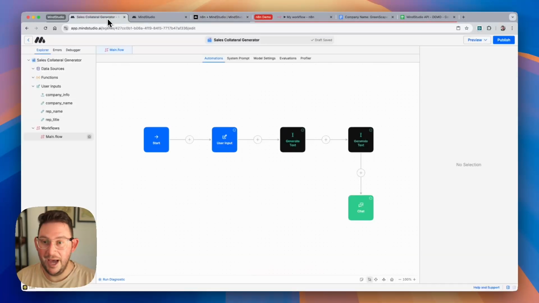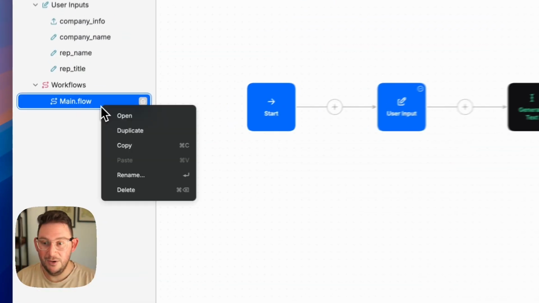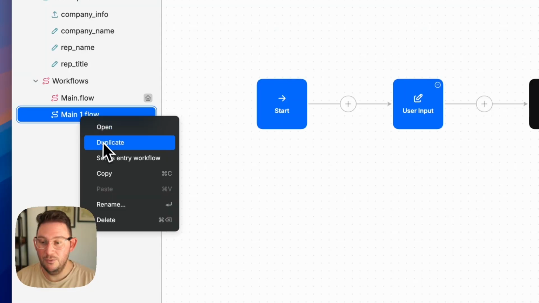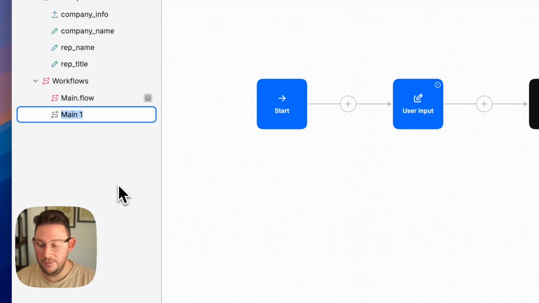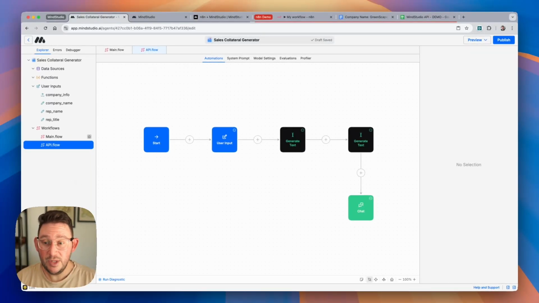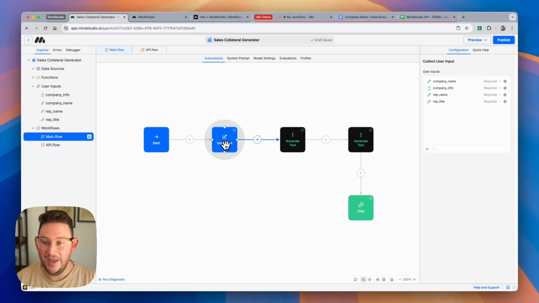I'm going to jump back into my agent here. And what I'm going to do is duplicate this workflow. I can right click on it and select duplicate. And then you'll see I have the main.flow. Let me go ahead and right click and rename this workflow, and we're going to call this API flow. There we go. Now you'll notice that in the original main.flow workflow, we have a user input that is